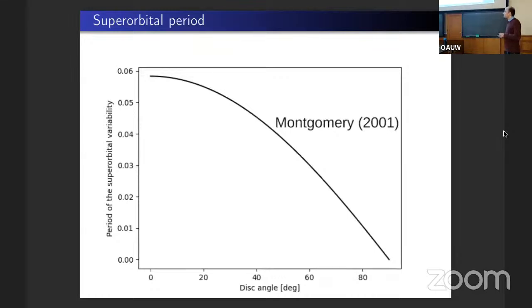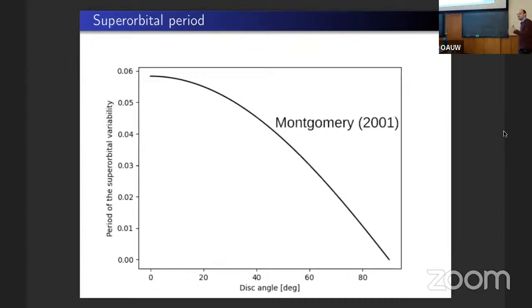So I will show you what I am working on about IQman and this tilted accretion disk in the future. Future work. Here is a plot showing you these angles. This is basically the angle between the accretion disk and the orbital plane, so it says exactly how far out of the orbital plane the accretion disk is. On this axis is a unitless way of measuring the period of the superorbital variability. And what Montgomery predicted is that there is a relation. This relation is different for different mass ratios, but there is a relation.